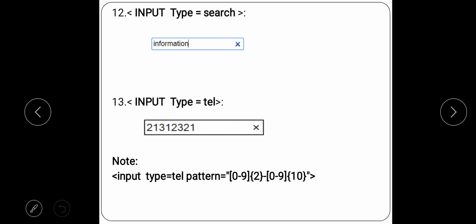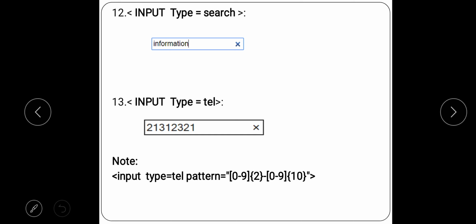So this 2 means it has got 2 digits from the range 0 to 9. Getting my point? In the square bracket I am giving the range of the number. Obviously our phone number range will be from 0 to 9, not more than that, right? So this is our range of the phone number.